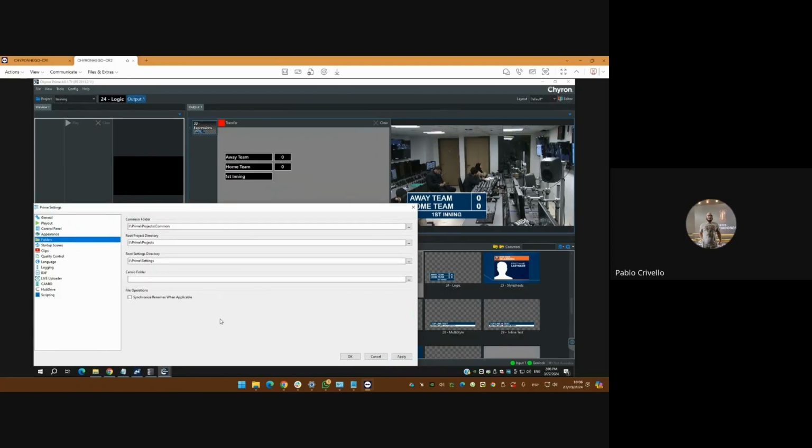Project folder is one of the things that we're not going to touch. This is where we have all of our common root projects, root settings, and Cameo folder. If we touch any of these, usually Prime gets a little bit funky or it doesn't work as expected, so it doesn't load things properly. This is the way that Prime has to order all of the media and all of the projects, so the idea is to not touch any of the folders here. If you want to review them, we can review them. But I think that we made a good effort on the first training regarding the project structure and the common